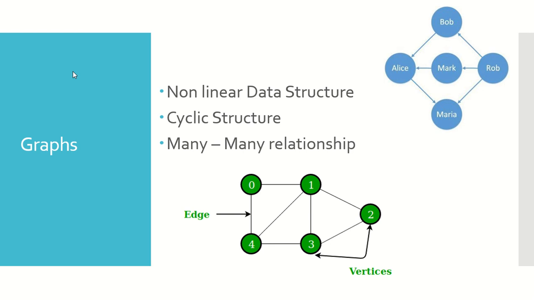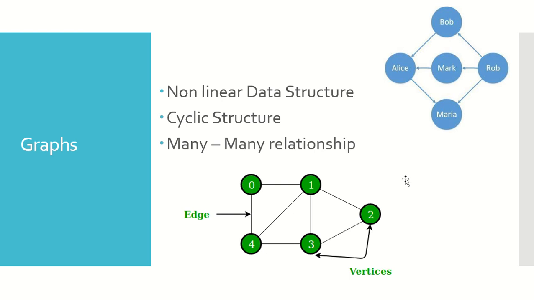What you see here are examples of graph data structures. This is a directed graph, whereas this is an undirected graph. What do we mean by a directed graph? A directed graph is a graph where you can see edges having a direction, an arrow mark. If the edges of a graph have a direction, then such a graph is called a directed graph. If the edges do not have any direction, then it is called an undirected graph. What you see here is a directed graph, whereas this one is an undirected graph.